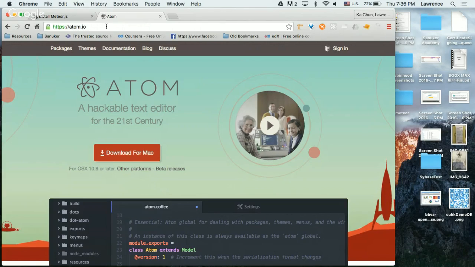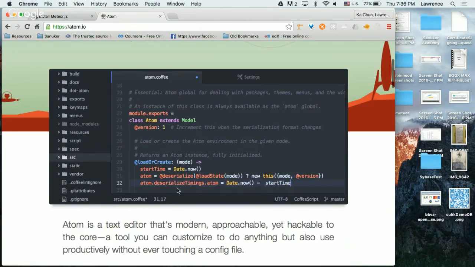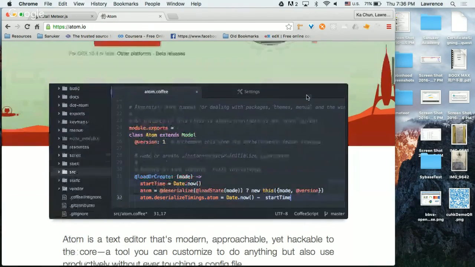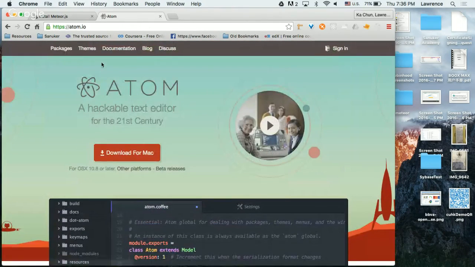But we recommend you use Atom, a free software, because it has a lot of great features when you are coding. It will highlight the syntax, giving different colorings to help you visualize the code more easily, and it has auto complete, and it's free. So if you go to atom.io, please download the app. I think they have versions for Mac and also Windows. It's not a very big application, so you can just download it and install it.